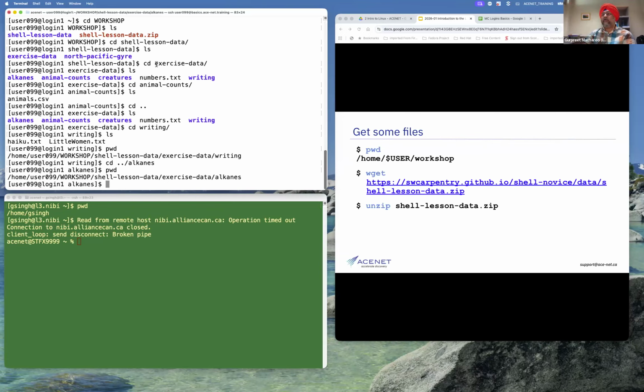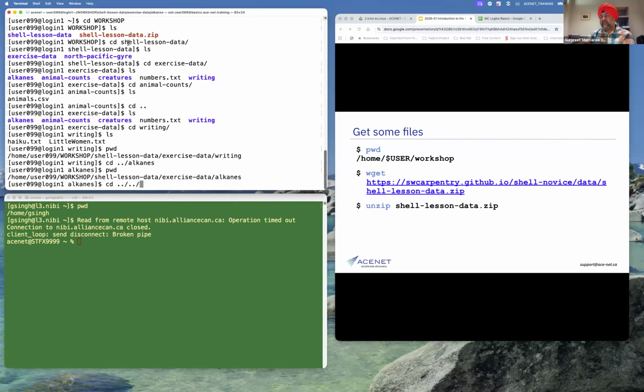Let's say if I want to go to North Pacific gyre, I can continue to use this format. So cd dot dot, and then I will be on exercise data after one dot dot. I want to go back to here, so I can do it one more time. Now it will take me back one more step. I will be at shell lesson data.